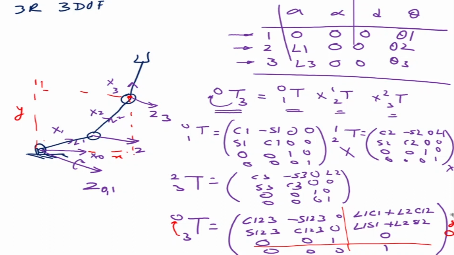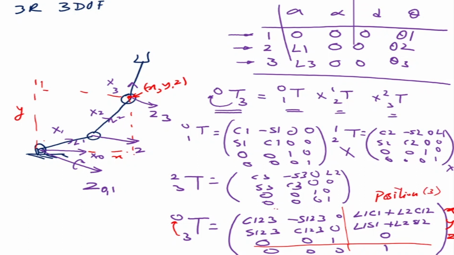So what do my x, y, 0 mean? They basically mean that x, y, and z is the coordinate of this point with respect to the base frame, which is given by x, y, and it doesn't move in the z direction, so z is equal to 0. This is the meaning of the position of the end effector, or position of frame 3 in this case.